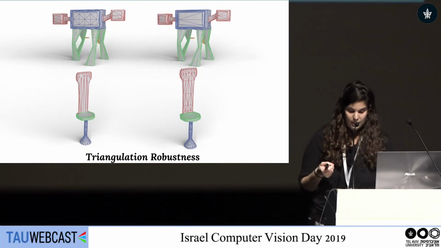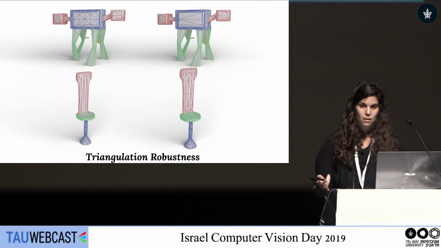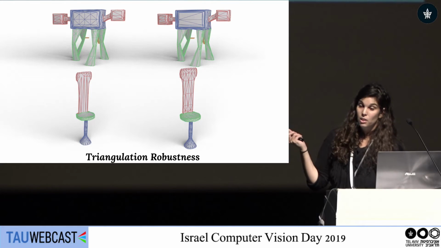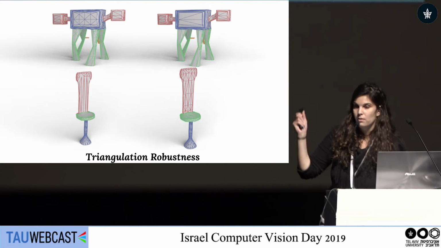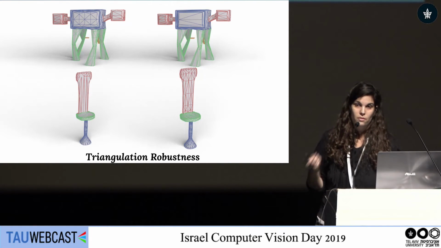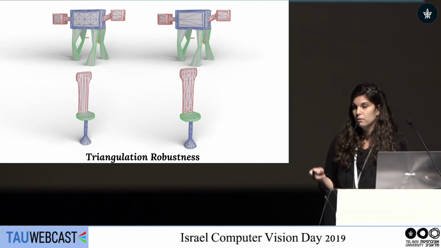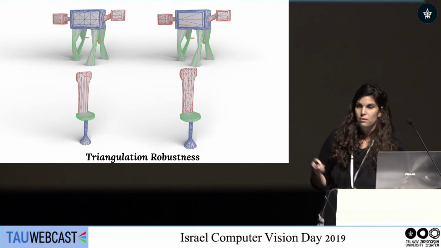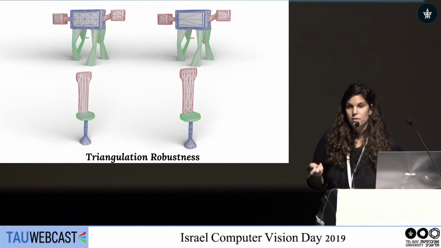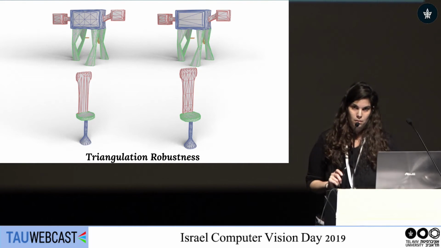Our network is invariant to rotation, translation, and uniform scale by construct. But by construct, we're not invariant to different triangulations, or different meshings, of the same underlying object. So in order to become robust to the different meshings, we rely on data augmentation. We observed in practice that a relatively simple policy for creating new meshings of the same object resulted in a fairly robust network.